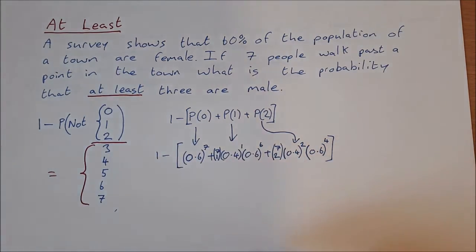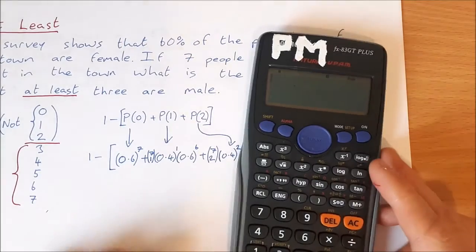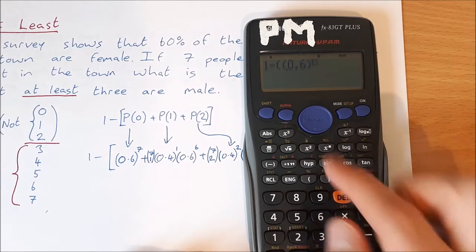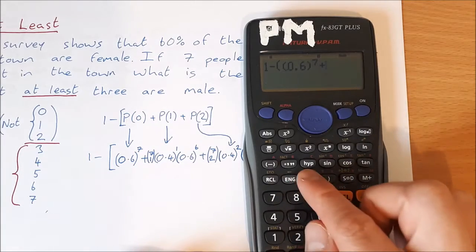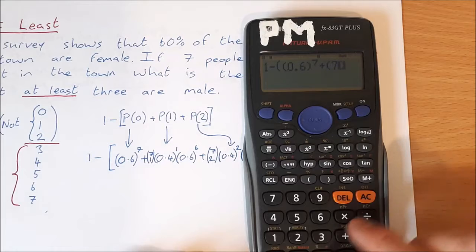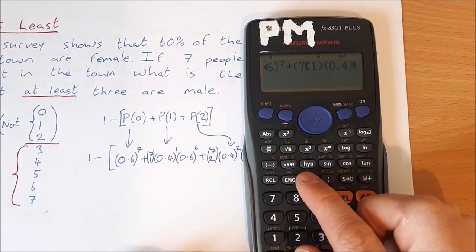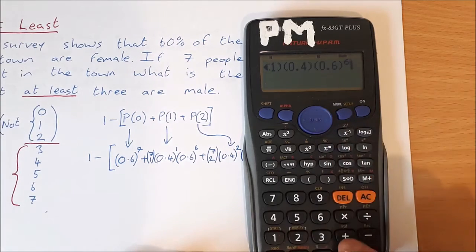Now, you can do this in your calculator all in one go, or you could calculate them individually. I would prefer to do it all in one go, so that's the way I'm going to do it here. So it's 1 minus first bracket, okay, and then the next bracket is 0.6 close bracket to the power of 7, plus bracket 7 choose 1 close bracket times 0.4 to the power of 1, so I don't need to put that power in, times 0.6, that's to the power of 6, plus